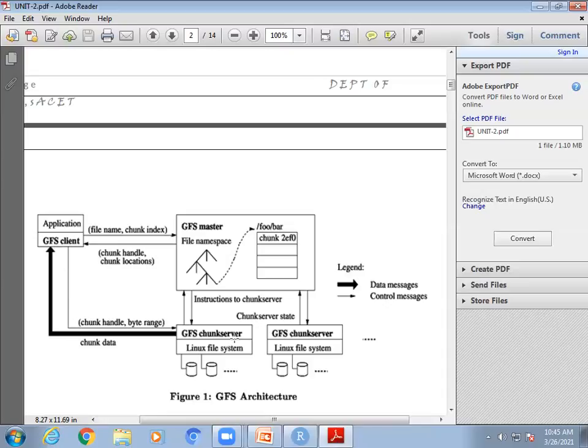And in that, there are so many rooms. 100 rooms are there where I can easily place all my 100 bags. But I can't just go and directly place them in 100 rooms, because it will be difficult for me to collect my bags again. So there is a person who is maintaining all the information about the rooms. On paper he maintains how many rooms there are, the room numbers, and which rooms are vacant. That is like the GFS master.